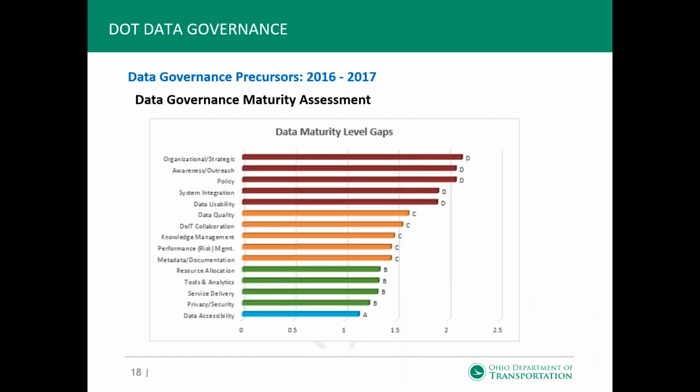Here's another view of the results. And I think this is a really telling graph, because you look at those top 5 items there. At least the top 3 are about policy and strategic organization and outreach. I mean, you're talking about the framework. You're talking about how you're actually going to do this. Some of those other things, we actually have some pretty good systems in place, it seems, by those scores we're getting. So that tells us we really need a framework and a program of some kind to tie data governance